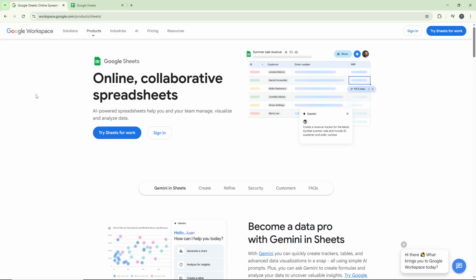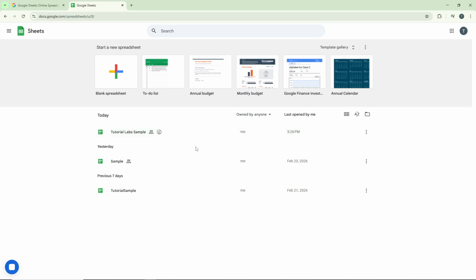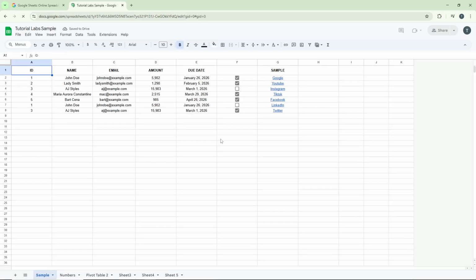First, open your browser and navigate to workspace.google.com. Sign in with your Google account credentials to access your Workspace dashboard. Once you're logged in, you'll see all your available documents and spreadsheets displayed on the screen from your Workspace dashboard. Locate and click on the spreadsheet where you want to create your QR codes. This could be an existing sheet with data like URLs, contact information, or product codes that you want to convert